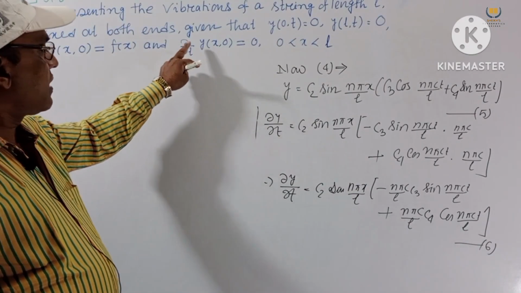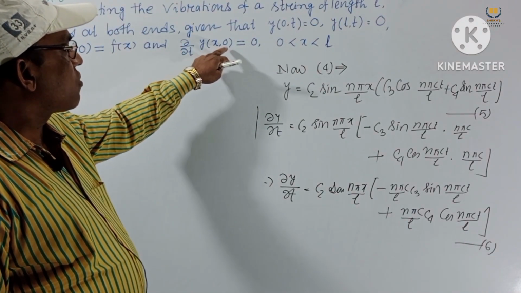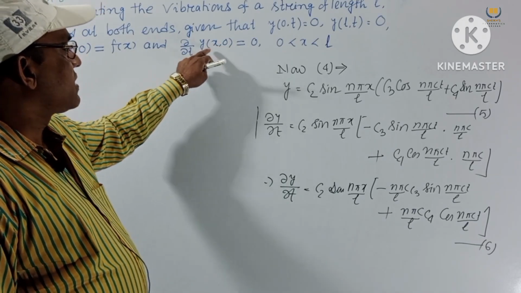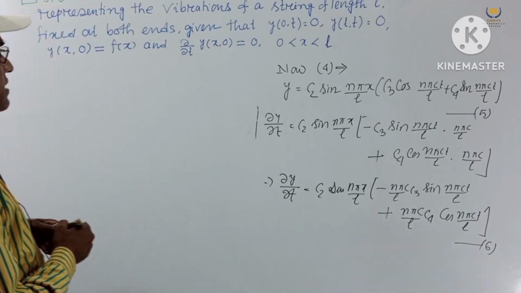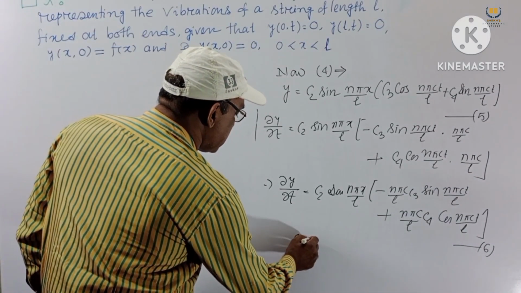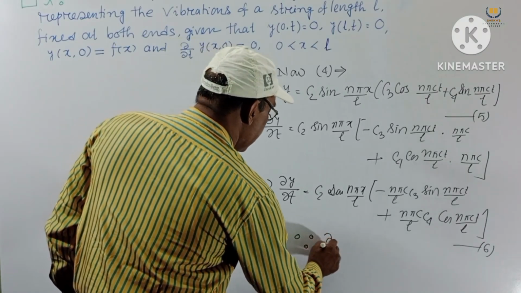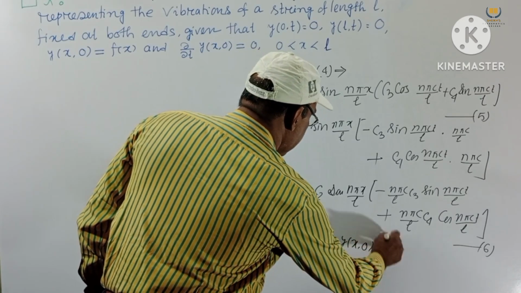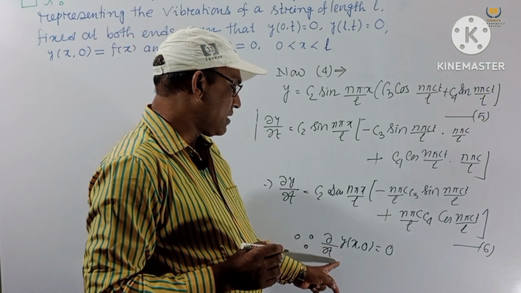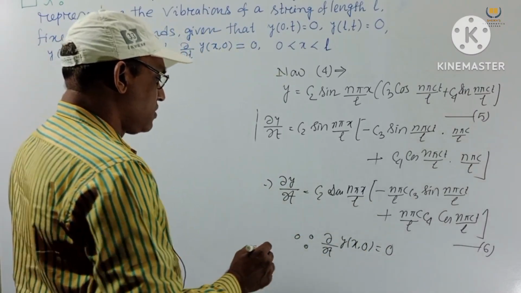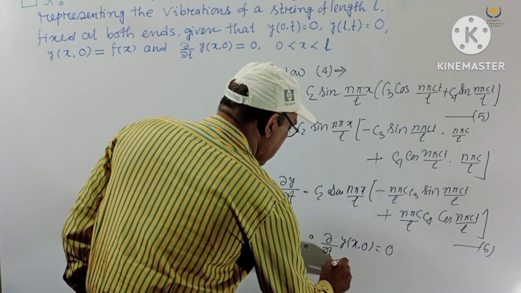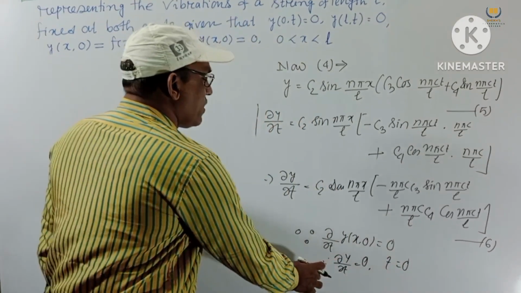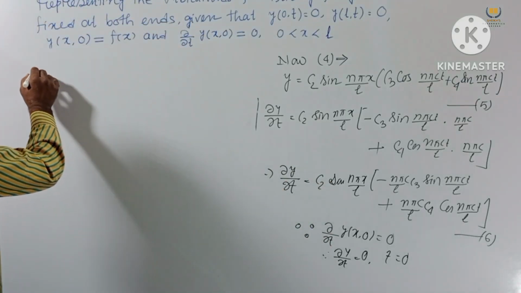Now our given condition is ∂/∂t of y(x, 0) equal to 0. That means ∂y/∂t equals 0 when t equals 0, for all x. Since y(x, 0) equals 0 as given, ∂y/∂t is also 0 at t = 0. Therefore ∂y/∂t equals 0 at t = 0. We are putting this value in 6. Now 6 implies